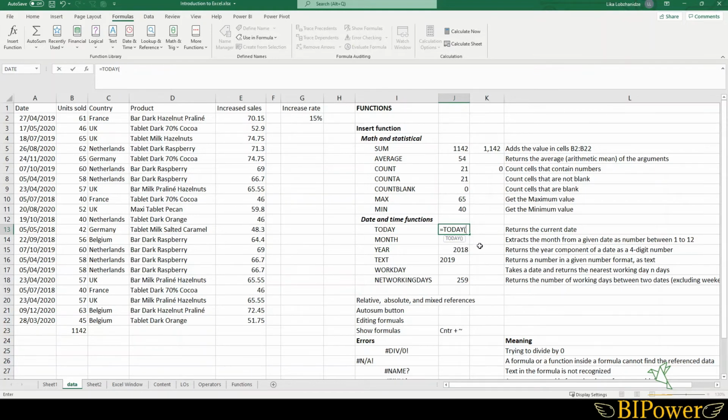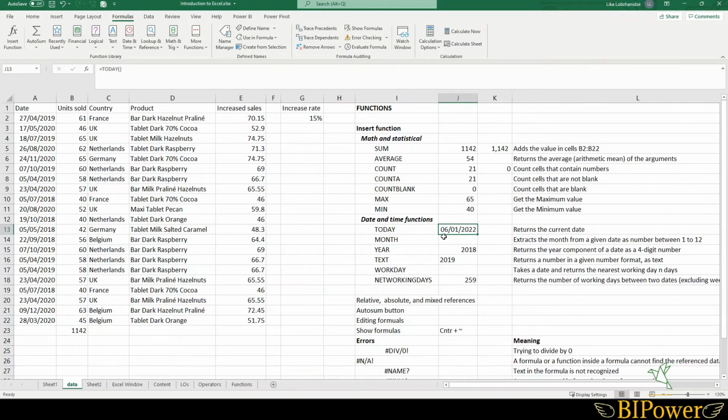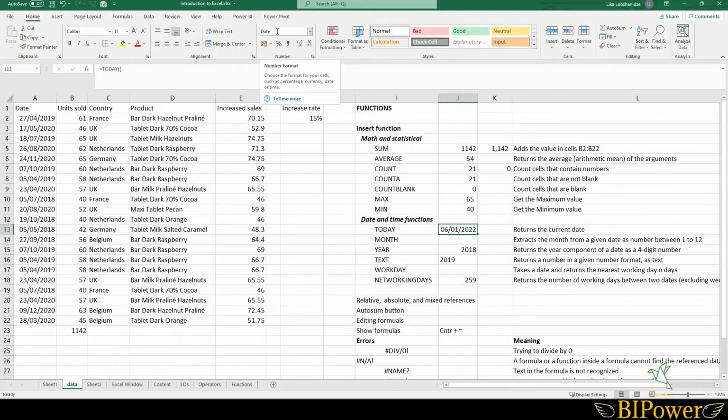No arguments are recorded there, so no mandatory arguments. Just hit enter and you will get today's date. Well, let's expand this cell because this date formatting was longer than this cell. If you want to change the formatting of the date, you will go home and you see that